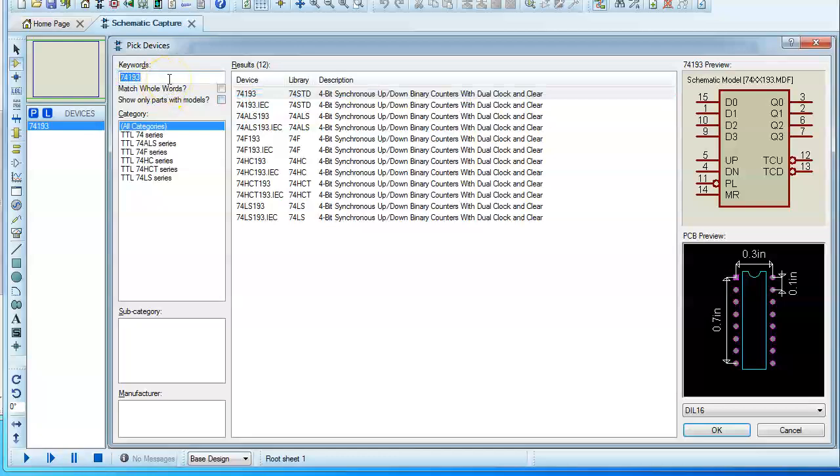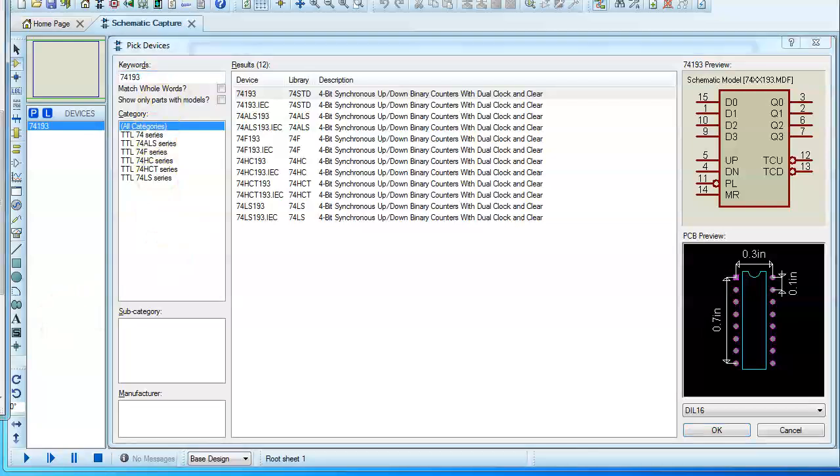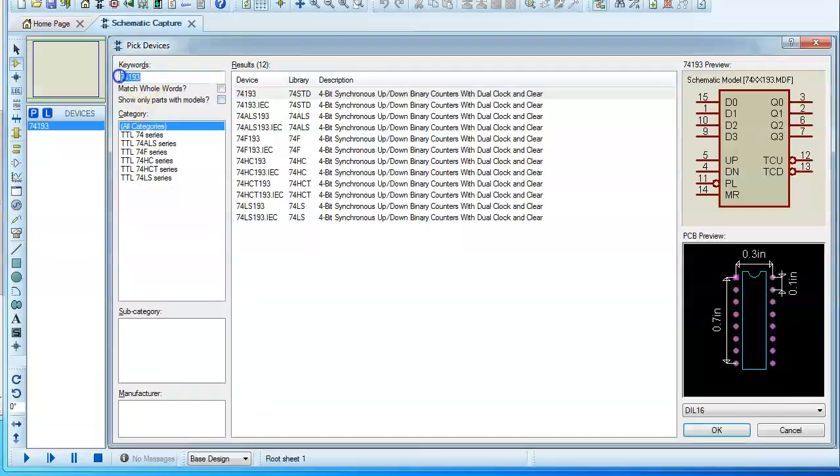Strictly speaking, in real time, we need to use a 7447 BCD to 7-segment display driver to connect to the 7-segment display. Whereas in simulation, I already have a ready-made tool which is going to directly show me the 7-segment display, so I am going to add it now. So let me select that.